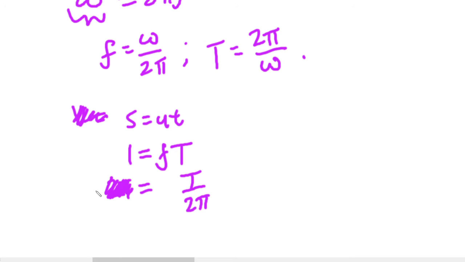So this becomes 1 radian rather than one whole oscillation. 1 radian is t/2 pi units of time to accomplish,